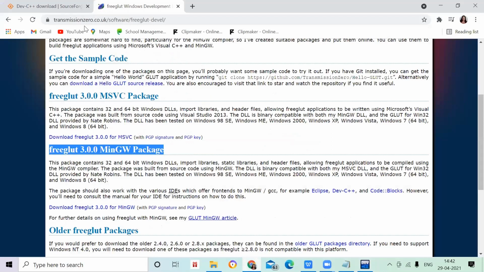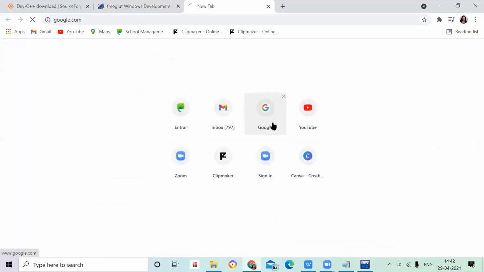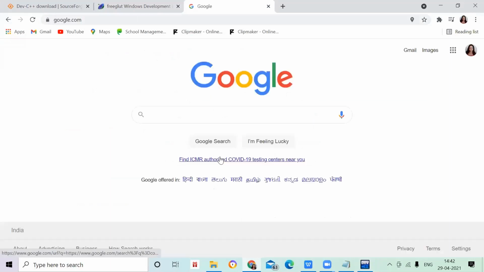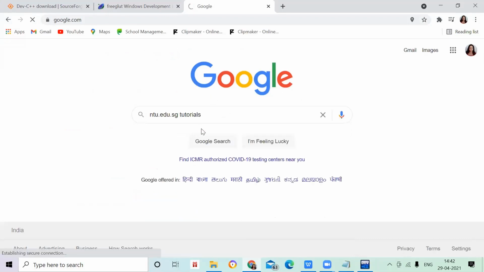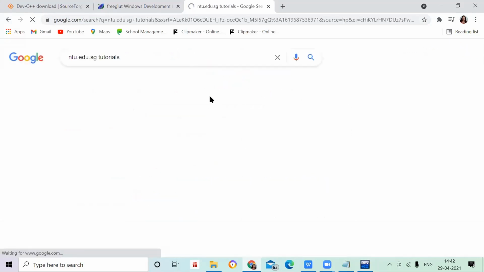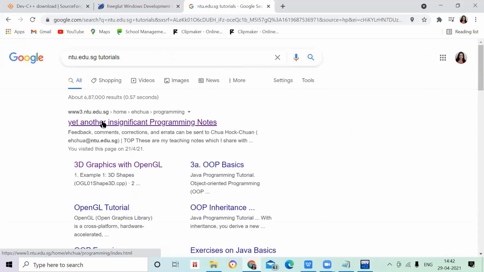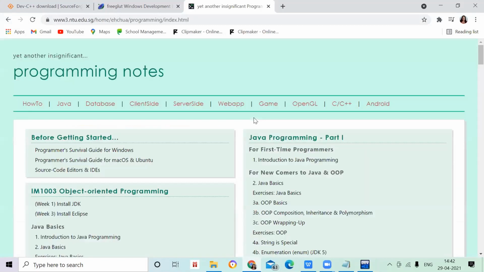I have one website name. I'll just write it down here. Go to Google. Search for NTU, see this site, ntu.edu.sg tutorials. If you open that, there are many programs on OpenGL, game programs, some variety programs.